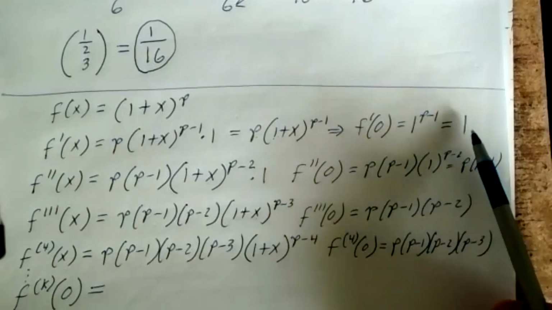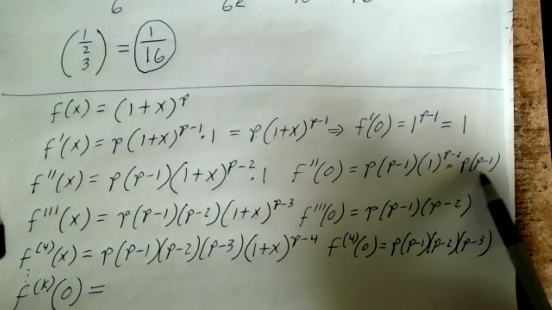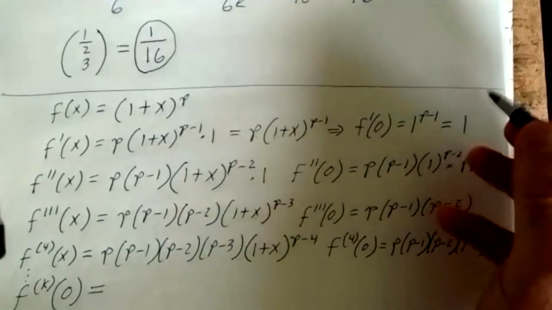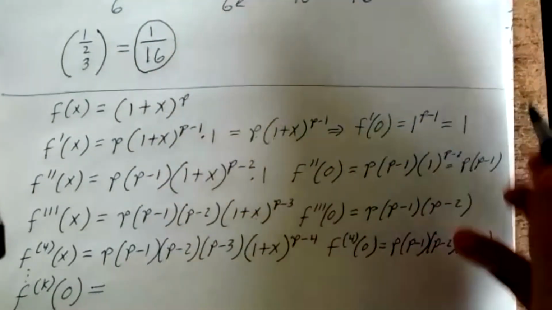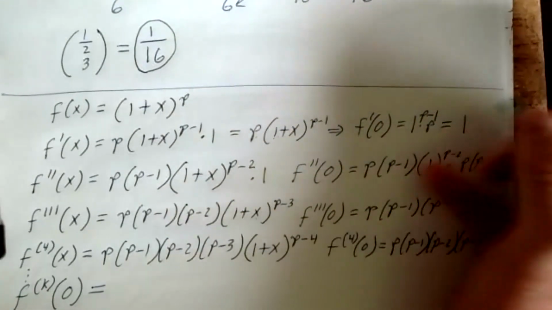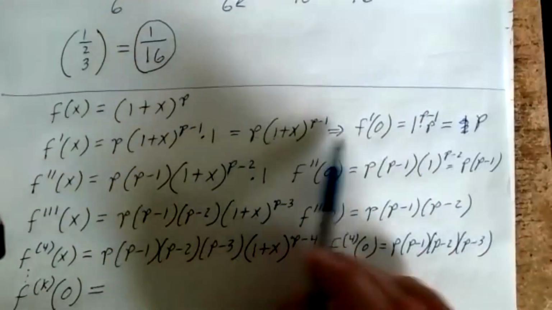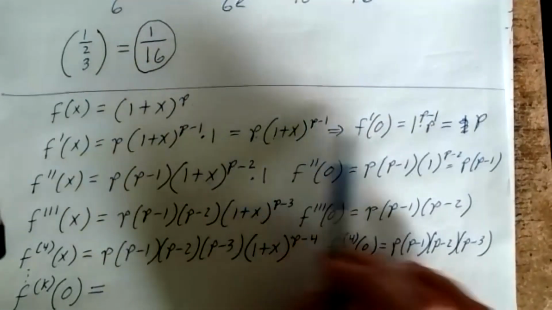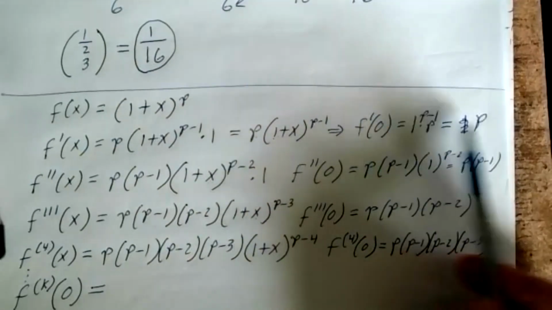The first derivative had 1 here evaluated at 0. The second derivative had p times p minus 1. Oh, you know what here? This should be p. I'm sorry. The first derivative value at 0 is 1 times, we forgot this p here. There should be a p here. So this should be just p. Yeah, your first derivative evaluated at 0 should be p. I apologize for that. Lost my p here. So when the first derivative value at 0 is p,